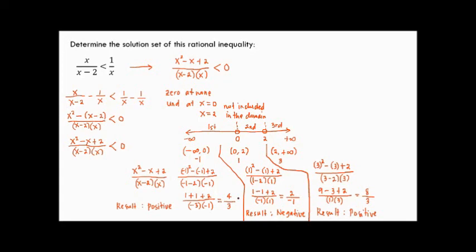So, dyan manggagaling yung solution set ng ating rational inequality. So, tignan natin kung simplified form. Ang pinapahanap dyan ay less than 0. So, ang ibig sabihin ng less than 0, since we are looking for less than 0, those are negative numbers. So, ang titignan nating result ay negative. So, ito yung result. Nandito ang negative. Kung ano yung interval niya sa taas, yun yung solution set. Therefore, the solution set of this rational inequality is from 0 up to positive 2, pero not included ang 0 at